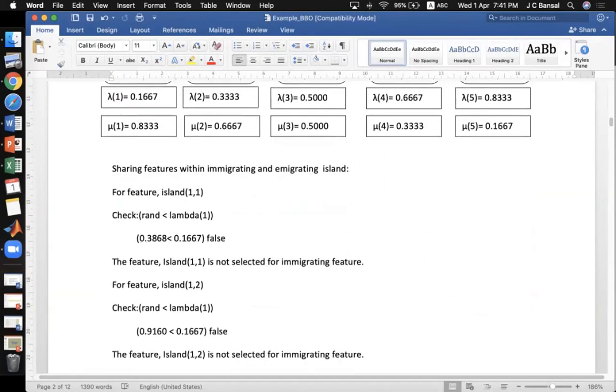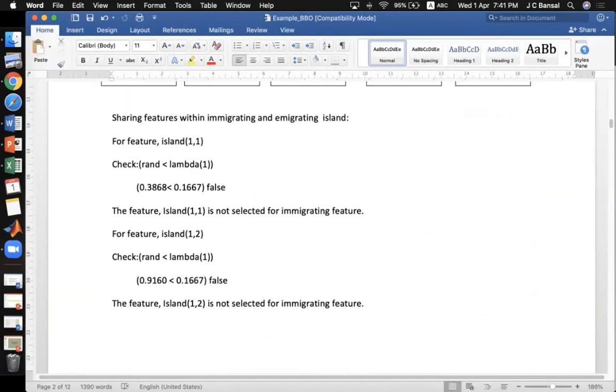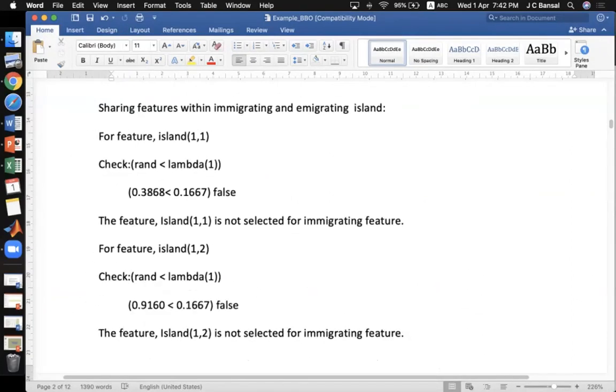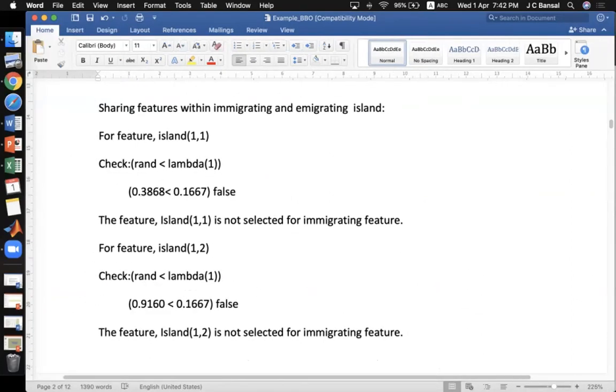Now, let us start the migration operator. From here the migration operator starts. So you can see here that features are shared between the immigrating and emigrating islands.